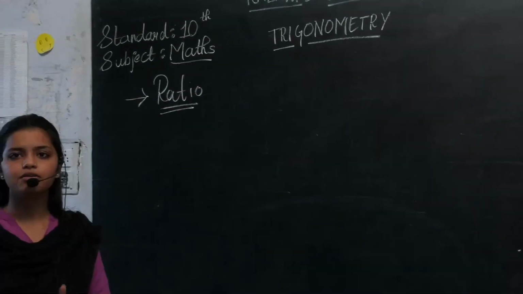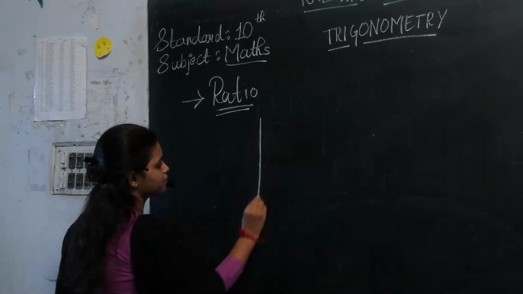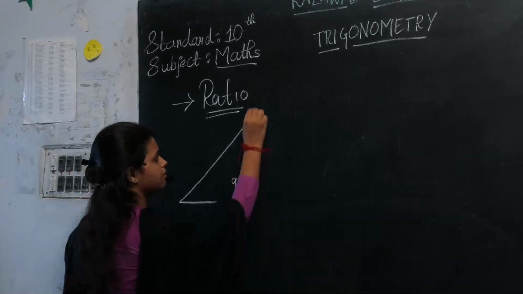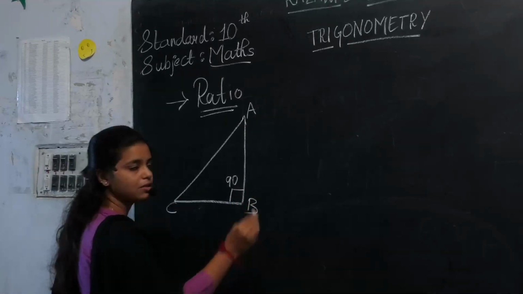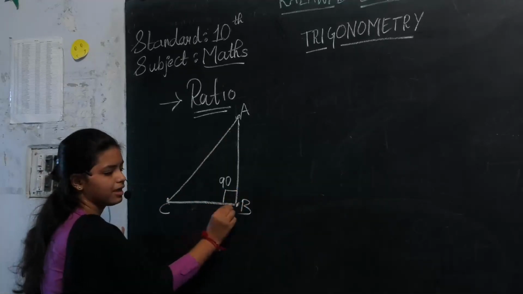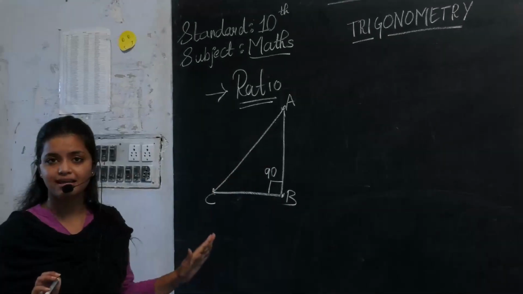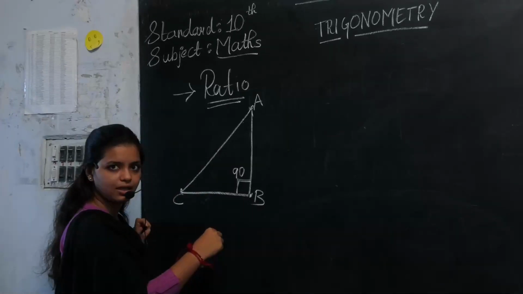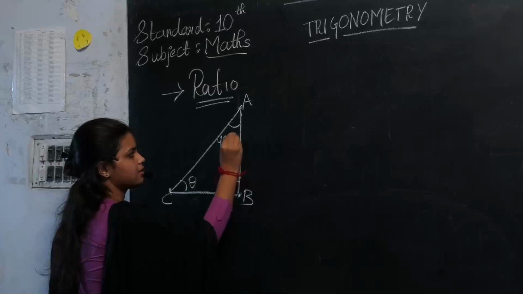Just we'll draw one triangle which is 90 degree, right? Name it as A, B, and C. You know it very well that this is the vertex and these are called the sides, right? Clear? Now, as you know, the sum of all three angles of a triangle is 180 degree. Here is 90 degree. The sum of all three angles is 180 degree. Means this is theta and this is 90 minus theta.